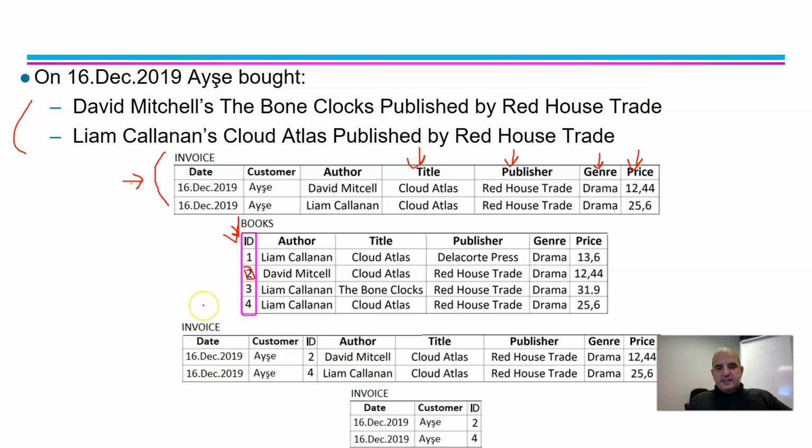So instead of writing Lime Cullinan's Cloud Atlas, I can say Ayşe bought book number 4. So simple, because book number 4 in books table refers to this book and the other one refers to this book. So easy. So we can, instead of keeping the data like this, invoice table like this, we can keep